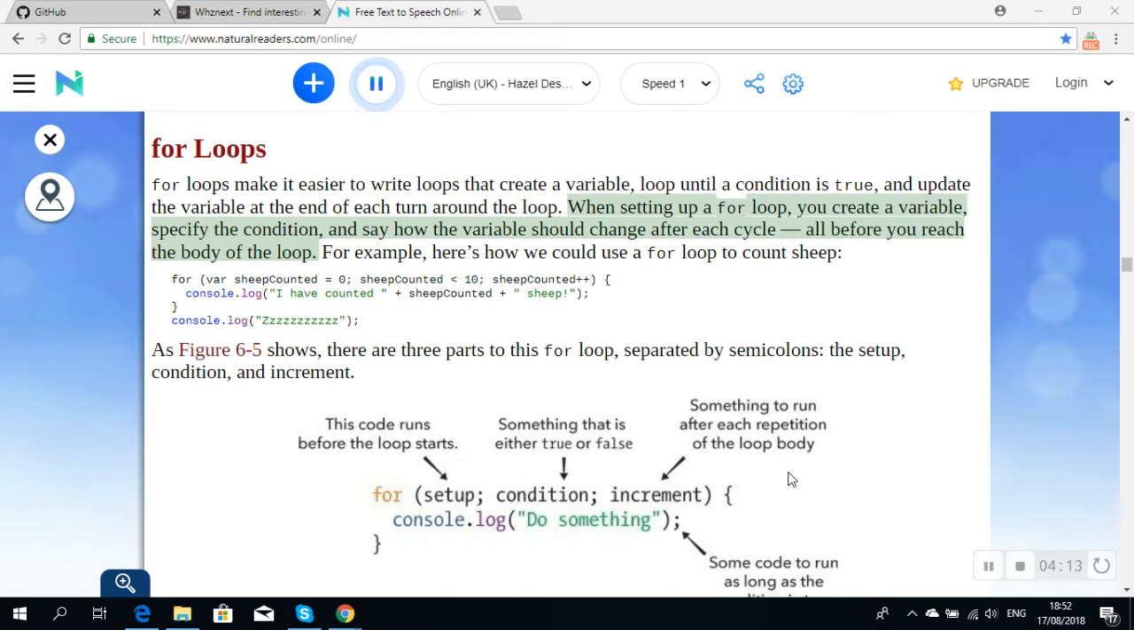For loops update the variable at the end of each turn around the loop. When setting up a for loop, you create a variable, specify the condition, and say how the variable should change after each cycle, or before you reach the body of the loop. For example, here's how we could use a for loop to count sheep. for (var sheepCounted = 0; sheepCounted < 10; sheepCounted++) { console.log("I have counted " + sheepCounted + " sheep"); } console.log("zzz");